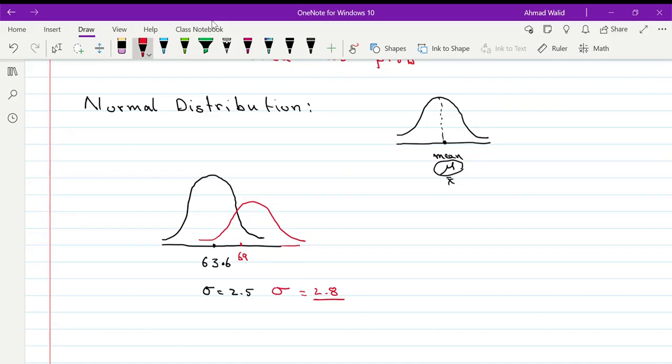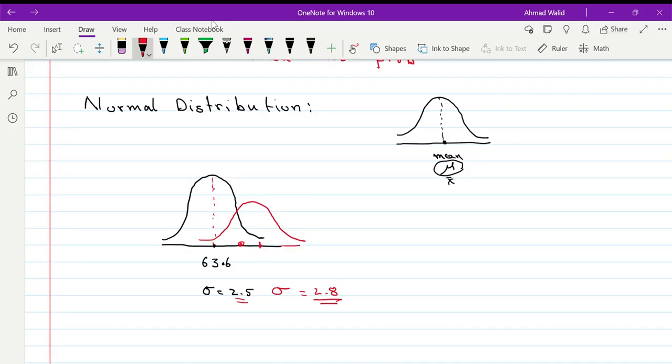Because 2.8 inches means your data is more separated, correct? With 2.5 inches you have the data very close to the mean, right? That's why you see the height of this normal distribution is a little bit higher. And 69 should be here in the middle, not there,